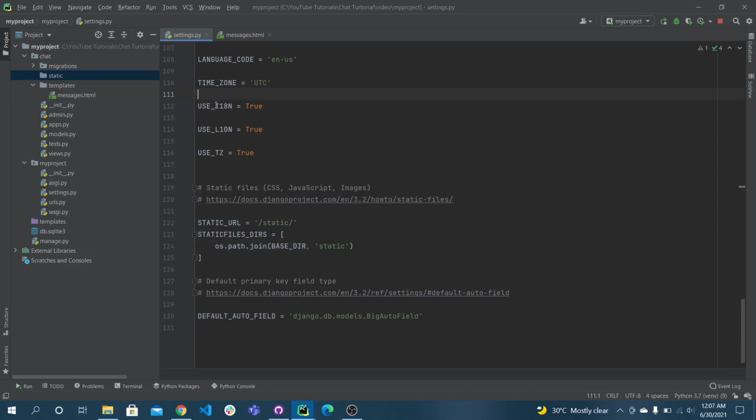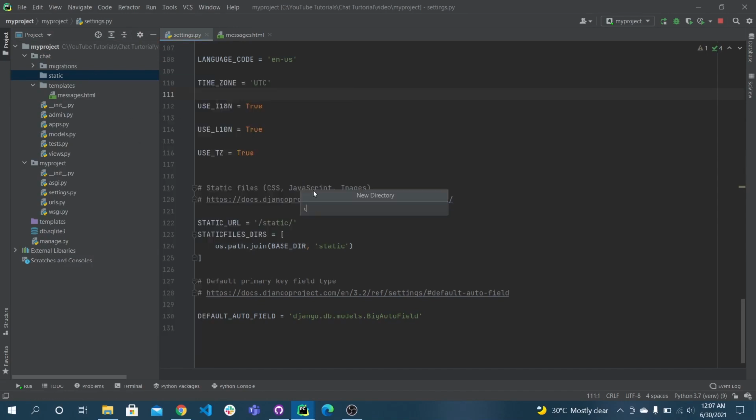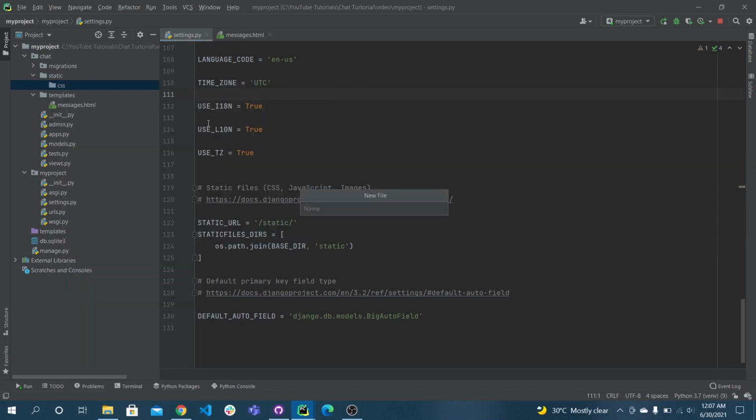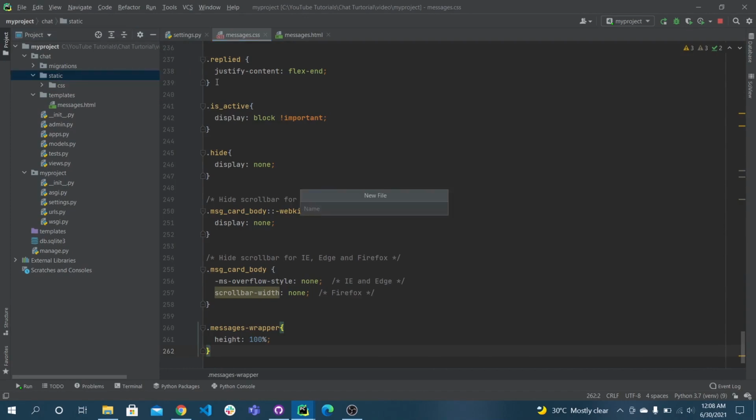I'll create a directory named css, and here I will create a file which is messages.css. You will also get the CSS file, so don't worry about that. Mostly we will focus on the logical part on the front end side and also on the back end side, but we'll just ignore the CSS.